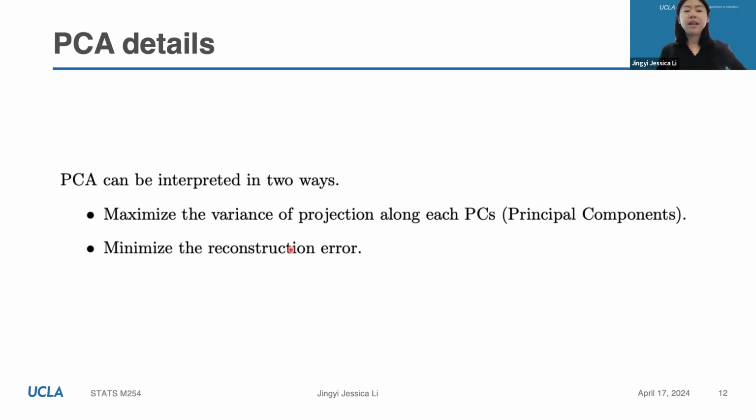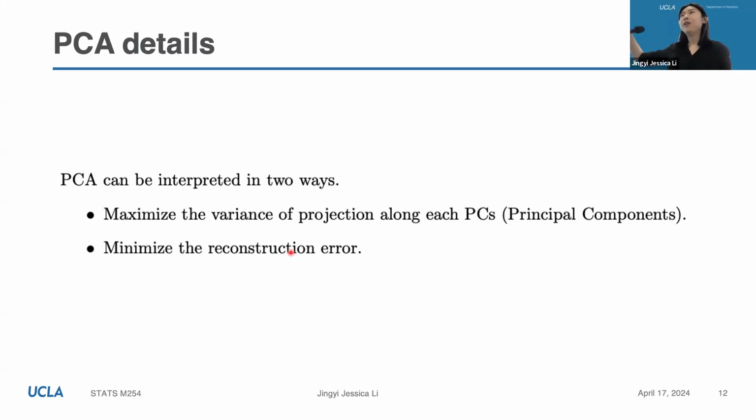Another way to interpret it is that, let's say we have much fewer PCs than the original dimensions. Maybe you only have 20 PCs, but we have 2,000 original features. We hope that using these 20 PCs, we can reconstruct the original 2,000-dimensional matrix, and the reconstruction error is very small. By reconstruction error, we usually mean the mean squared error. We take the difference between the original n by 2,000 matrix, where n is the number of cells and p is the number of genes,